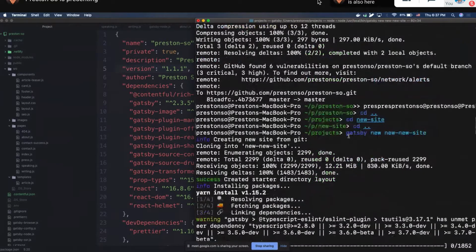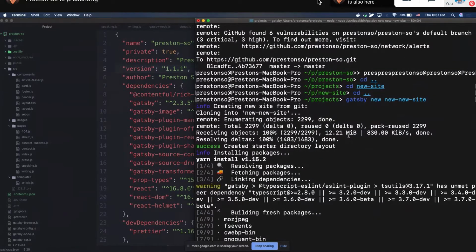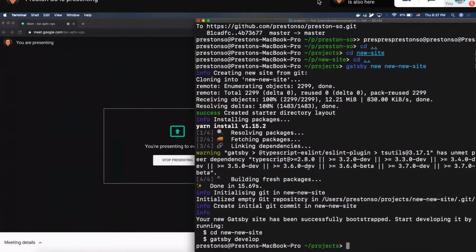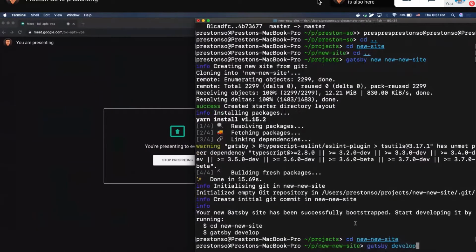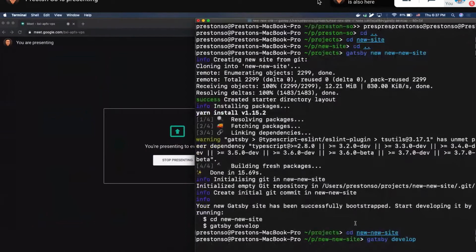So when I use the Gatsby new command, what you see happening here is that we're using a scaffolding tool to issue this boilerplate Gatsby site. It's a hello world Gatsby site, and I'll show you what that looks like. Now, if I go to this new site and type Gatsby develop, what you'll notice is Gatsby already comes